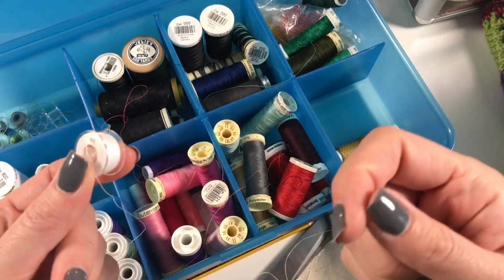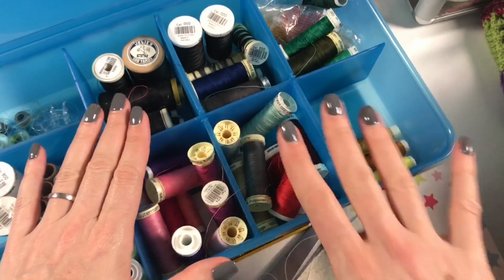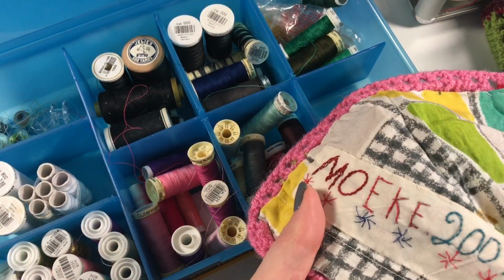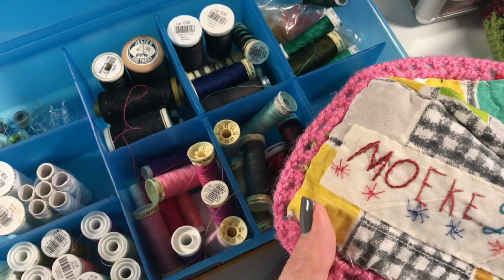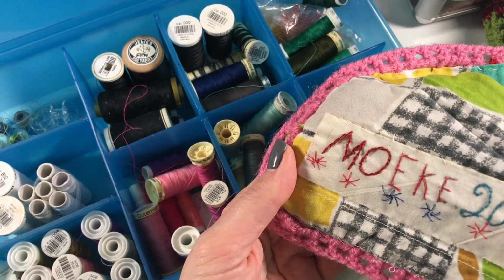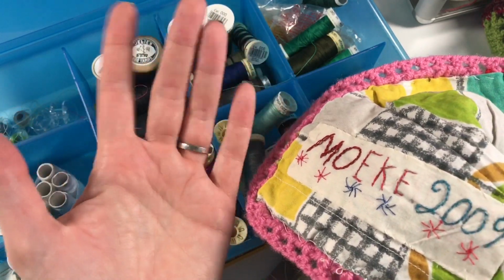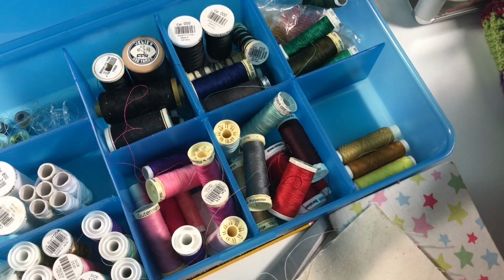Here are the little reels for my sewing machine. And I think that, yes, this is sewing thread. And Muka would have had quite a bit of it because she was also sewing a lot. So she made a lot of her own clothes. And when I was young, a lot of my clothes were made by her as well. So she would have had sewing thread. But I also have